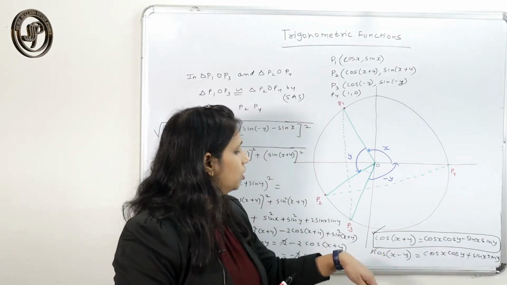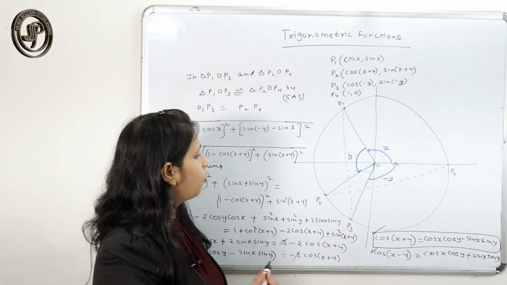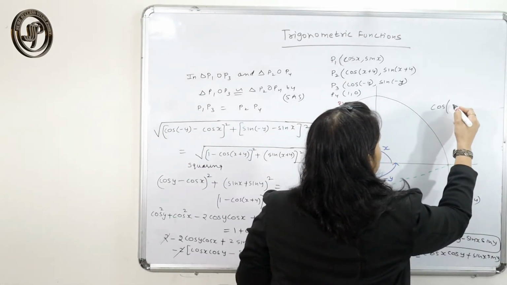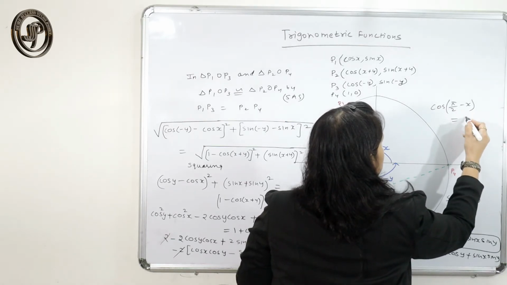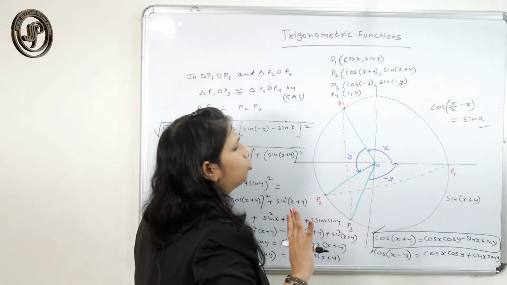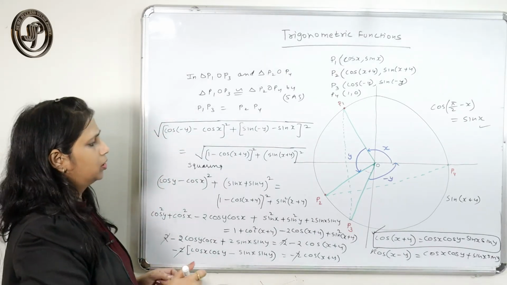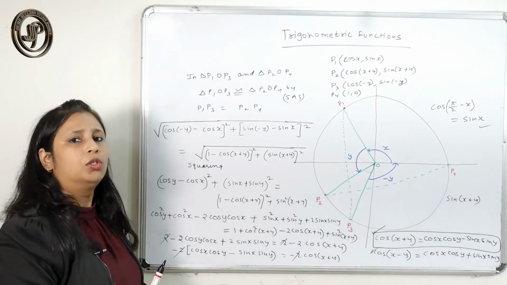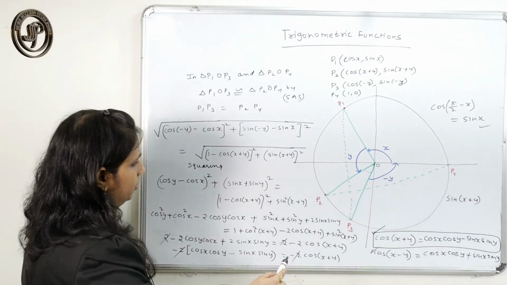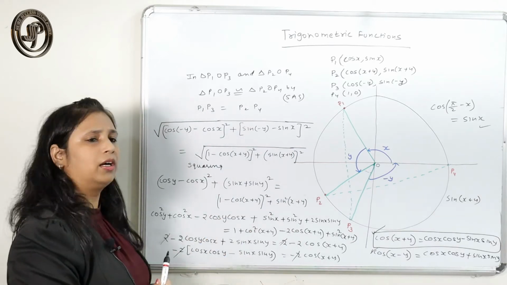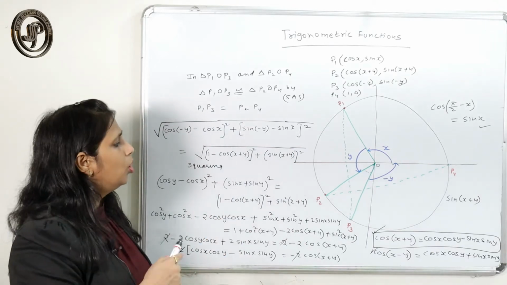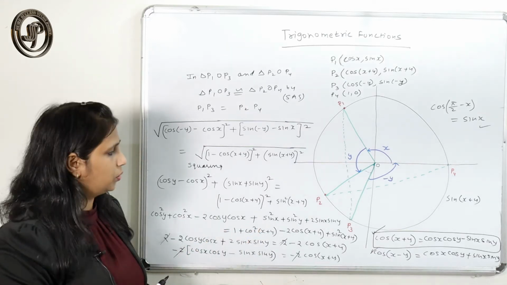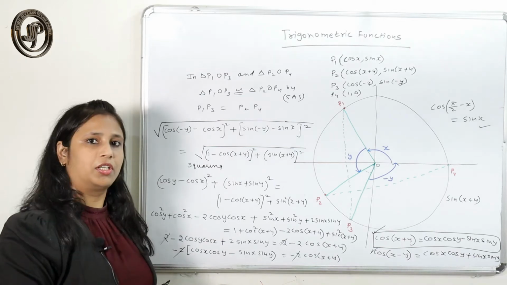Similarly, you can also obtain the formula for sin x plus y, because we know that cos pi by 2 minus x is sin x. So you need not derive those formulas, but the derivation of cos x plus y is important, so you should know it. Before memorizing, if you just know how it comes, that really helps you do the question or memorize the formula in an easier way. That's why its derivation is important.